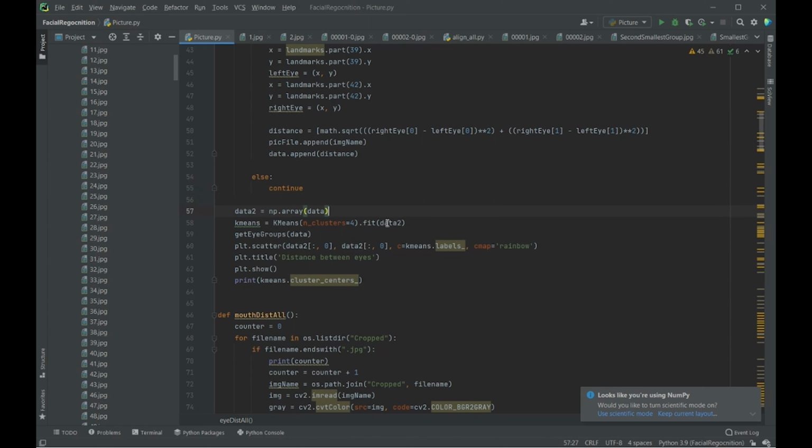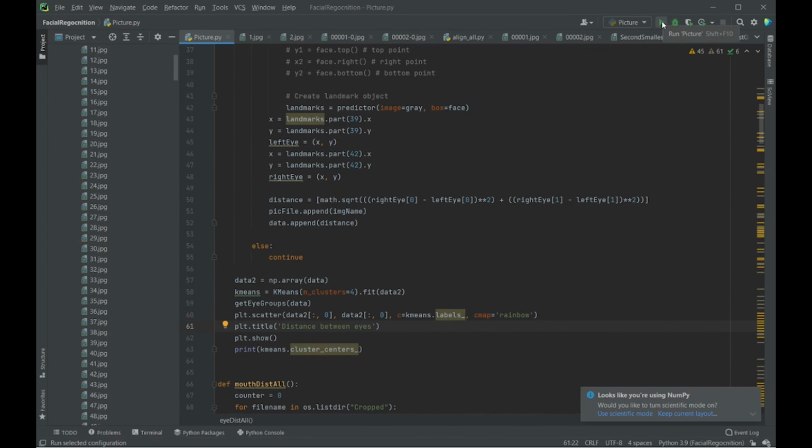After that, we're going to run k-means with 4 clusters on that NP array called data2, and then plot all the points. We're going to name the title of the graph distance between eyes, because that's what the data is representing. We're going to show that graph, and print out the cluster centers of the different groups that we get. So why don't we go ahead and run this